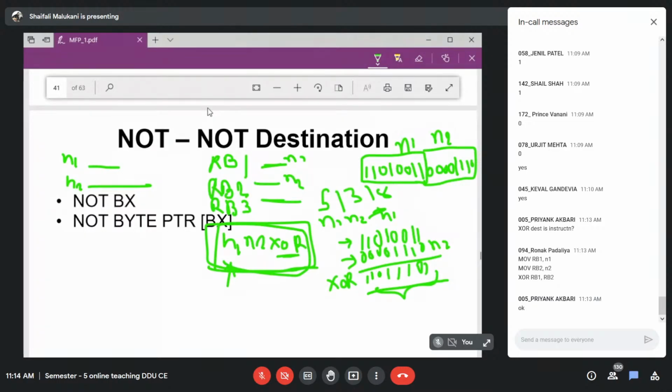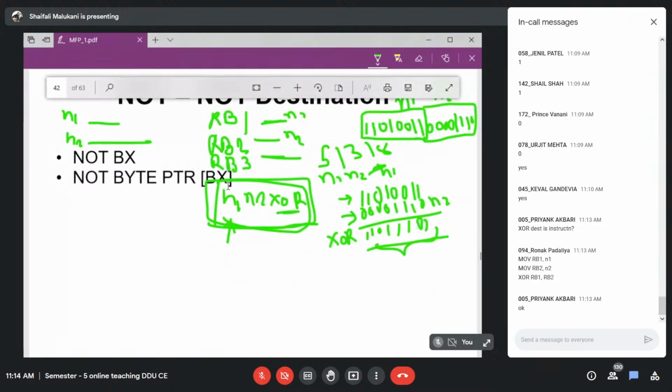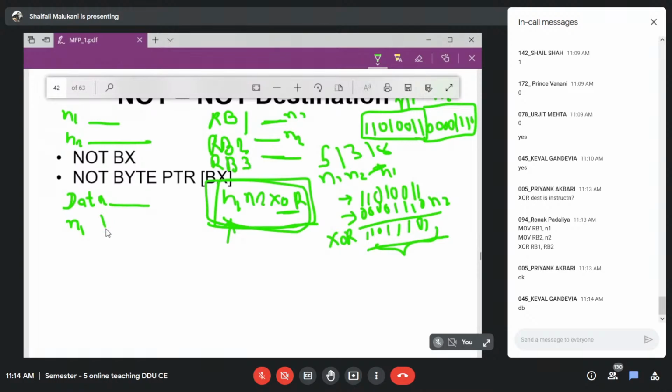What I am asking is, first of all, how will you define your data segment? Which are the things that I will write? Data, then segment, right? That is okay, I'm not writing it. Then, first of all, you will write N1 here. Then what will be next? Quickly, what will be the next one? Yes, it will be DB and whatever data you have, you are going to write here. Suppose I am writing the same one here. What is that? It is